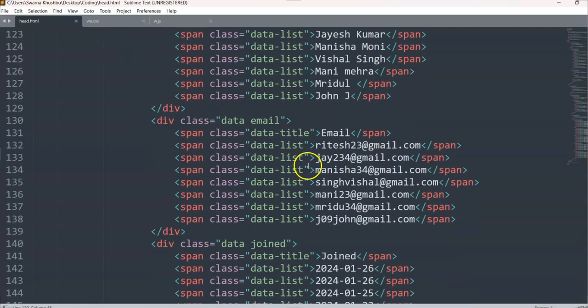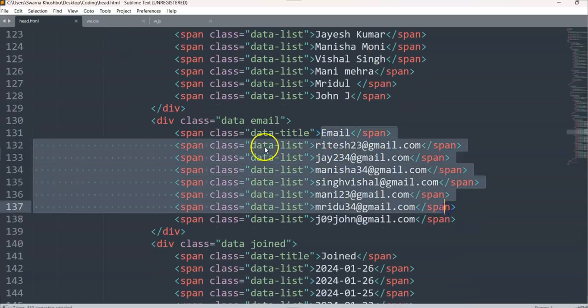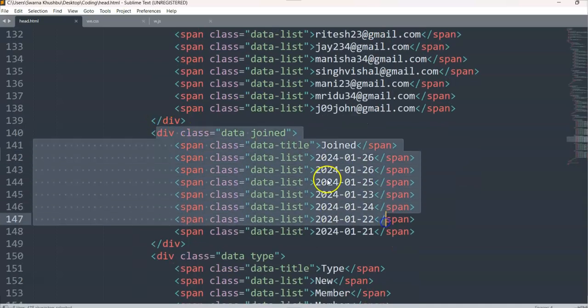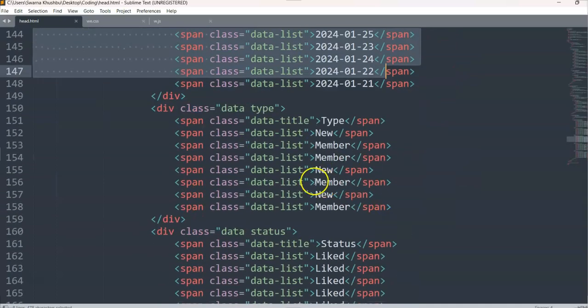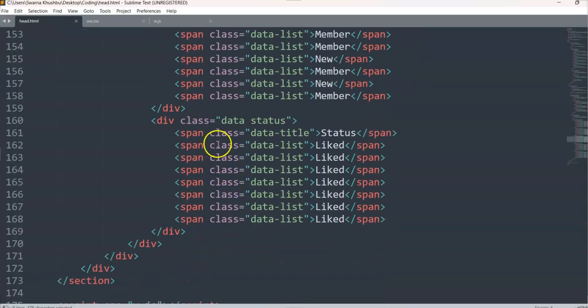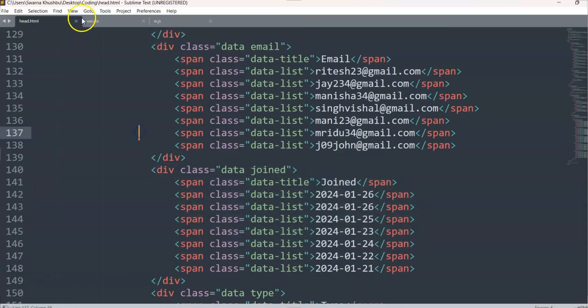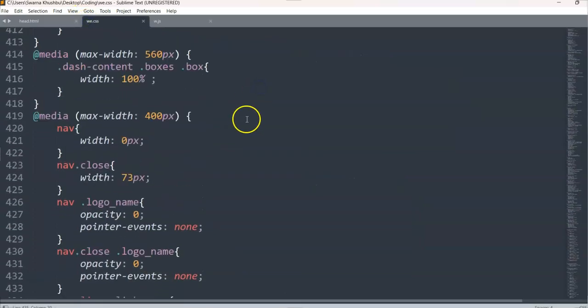So here these are some names, these are some emails which I have put inside the div. Okay, and then what date they joined and how many people liked it, or if they are new members. So these you can add in your admin panel. Fine. Now once this is done, we have to move on to the CSS for each and every